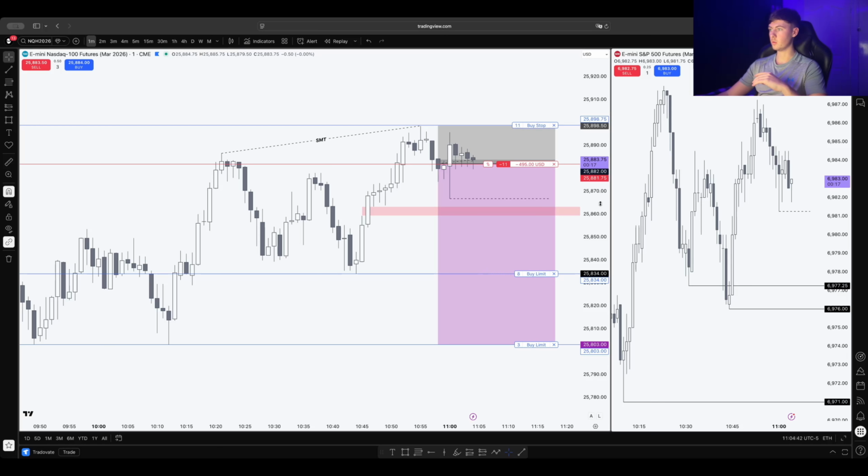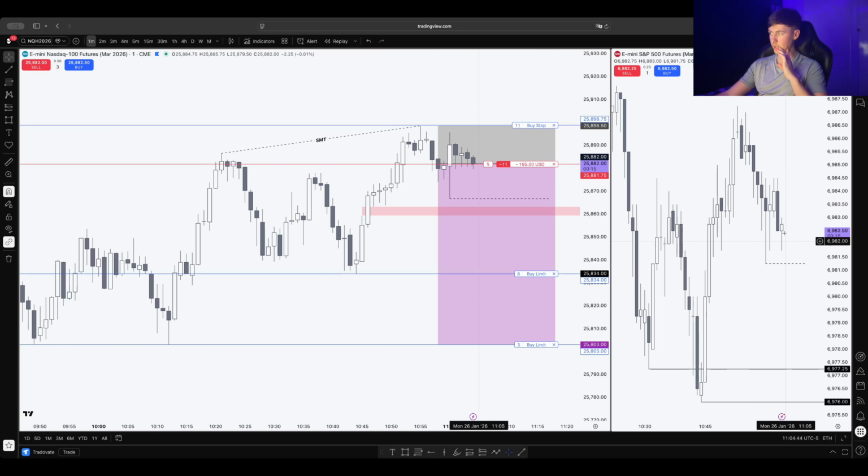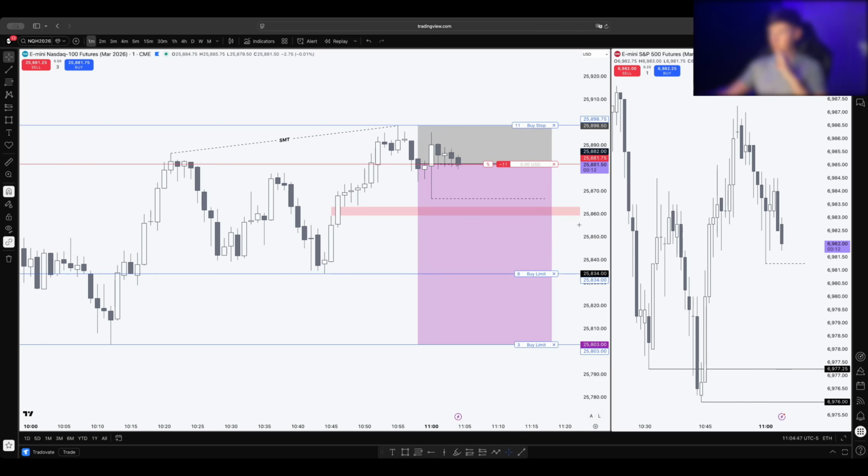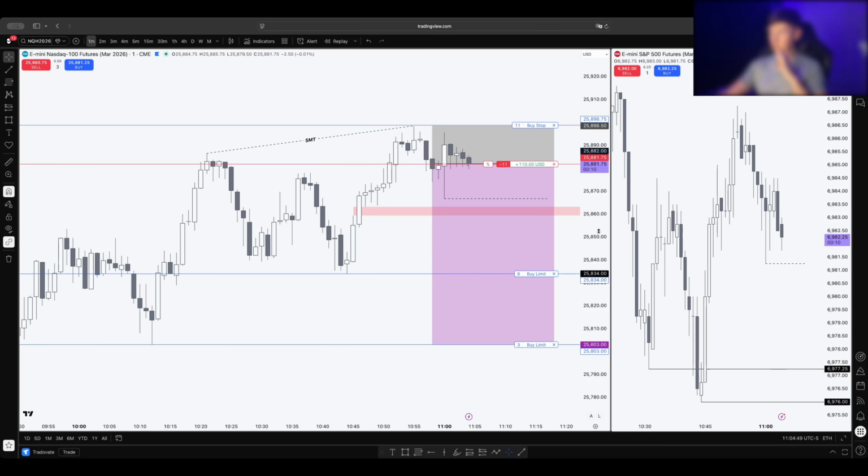Don't like how NQ is accumulating while ES is descending lower. I want to see both assets move in tandem and displace at the same time lower. So